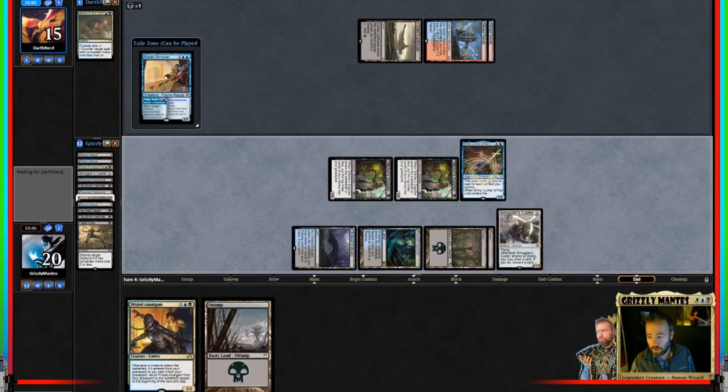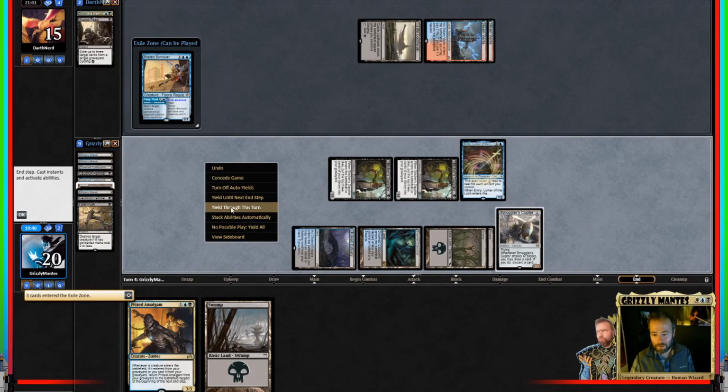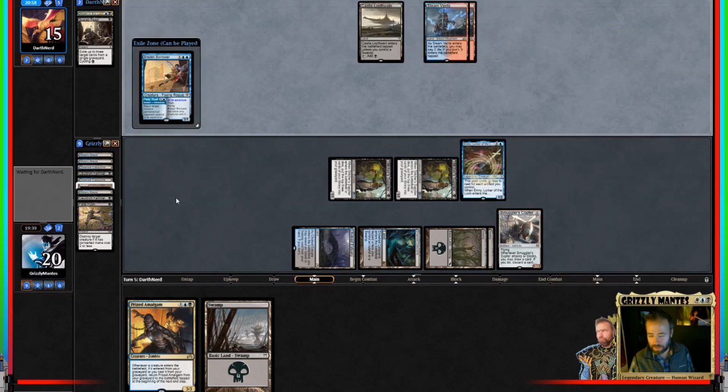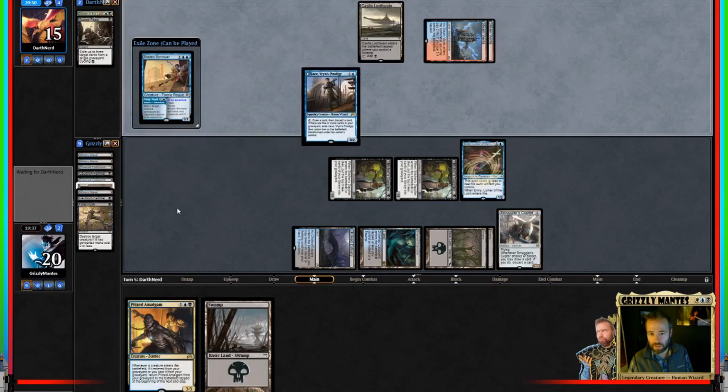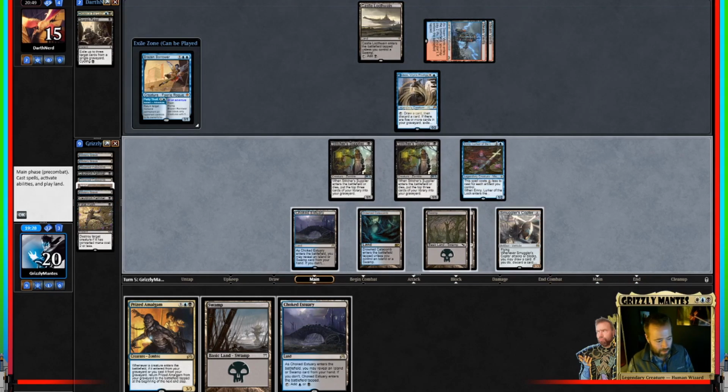Fatal Push on the Emery? That'd be cool. Scarab Feast. Oh, nice. Okay, sure. That's why you hold the amalgam. It does stink that I can't do the Haunted Dead, but that's life. What do you got for me? Jace, Vryn's Prodigy. Sure. So we got what? Fatal Push to worry about. 4 cards left in his hand. Yuck. I'll go ahead and...